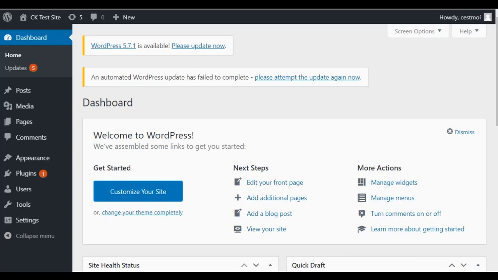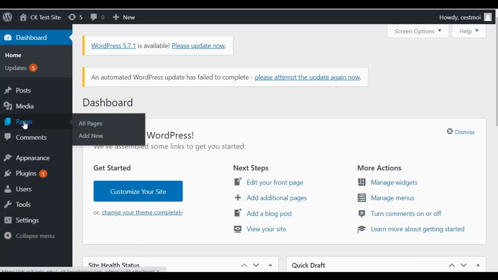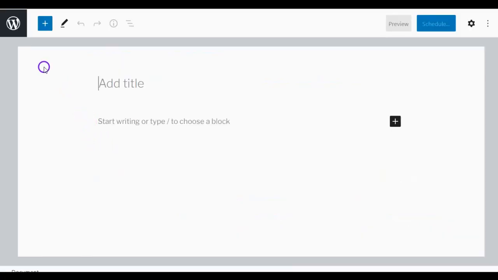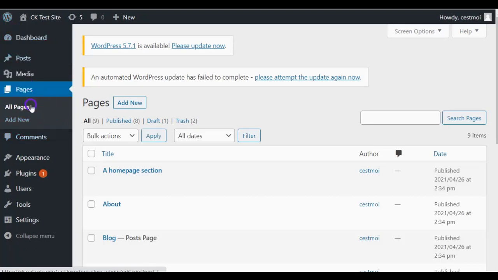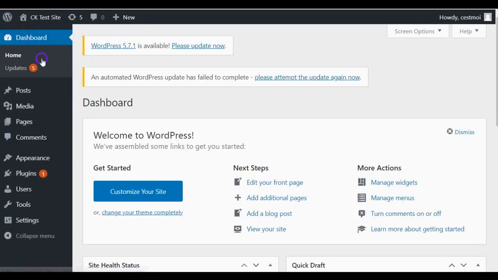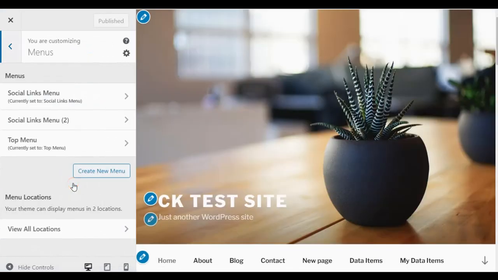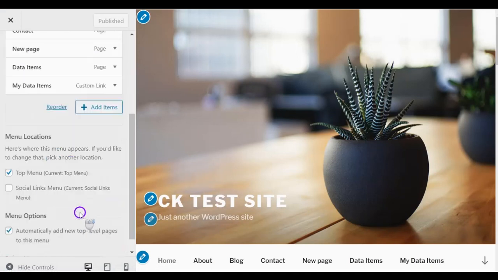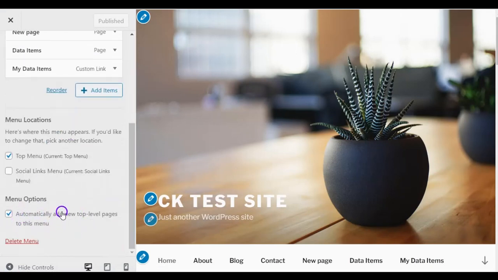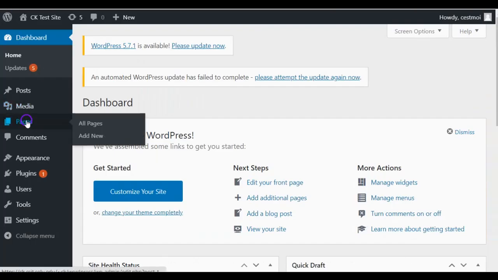Back on the dashboard, I can also go this way and say add a new page. Now remember that I have checked, let me go back. I have checked on the dashboard, on the menus, on the top menu, that automatically new top level pages will be added to the menu. Okay, so if I go back to the dashboard and I go and add a new page,